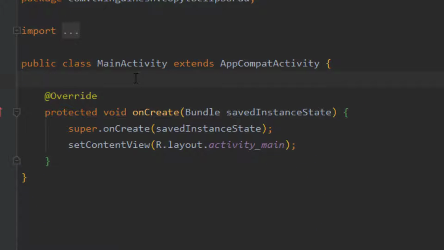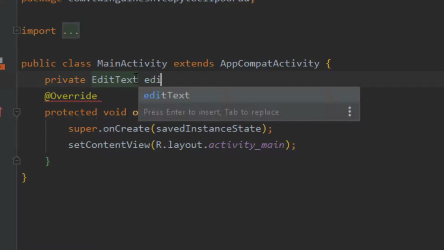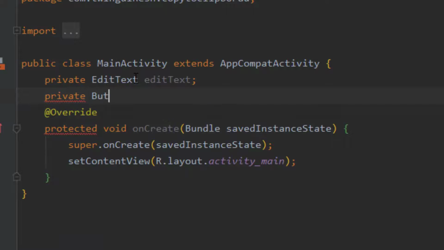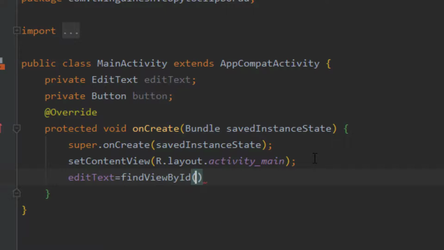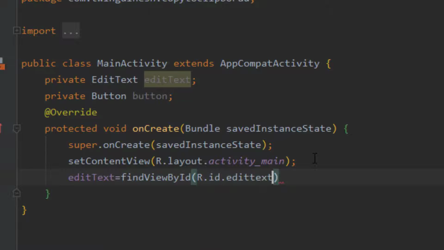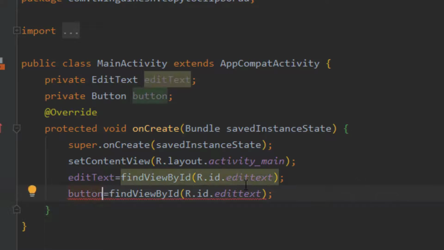Here let us declare the edit text and button as private. Let us bind those edit text and button with the R.id file, using Ctrl+D, because we don't have to write again and again, so it's a shortcut.